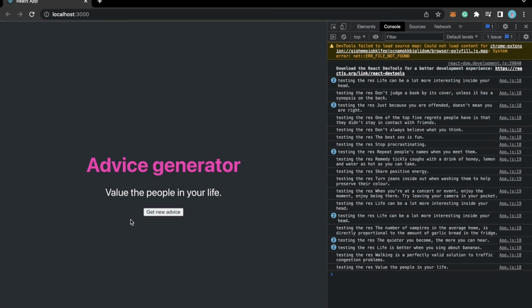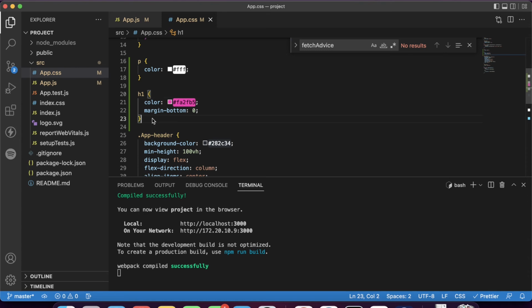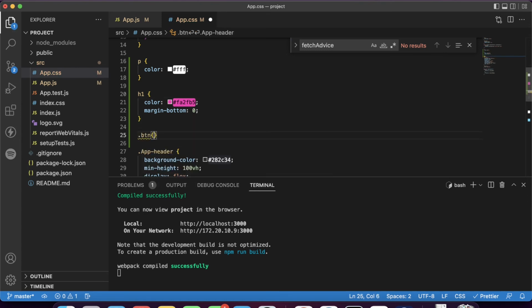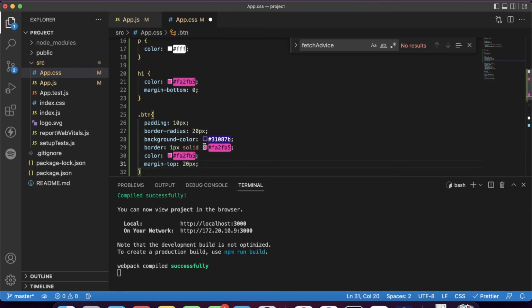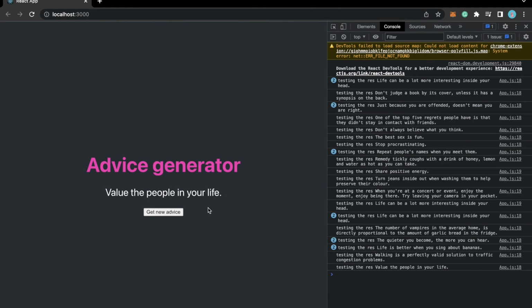Okay, now to style the button, I'll create a new class called btn, and I'll just copy this code. But if you guys are interested, it's padding of 10 pixels, border radius of 20. I've set the background color, the border is 1 pixel, and the text color is this, and I've also set a margin top, and I refresh it.